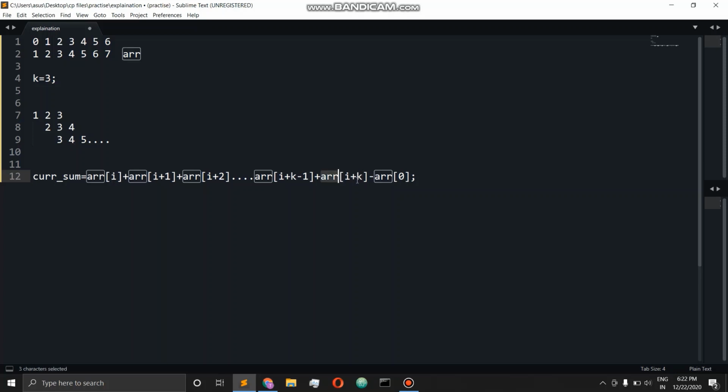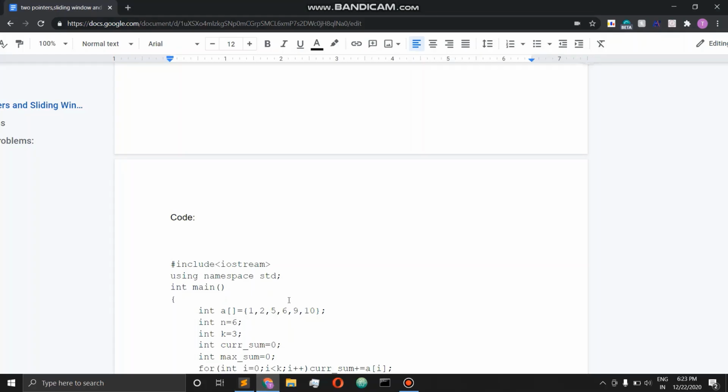So I have to add I plus k and I have to remove this. If previously the window started from some I, then for the next, I have to remove array of I and add array of I plus k. So let's look at the code for this.